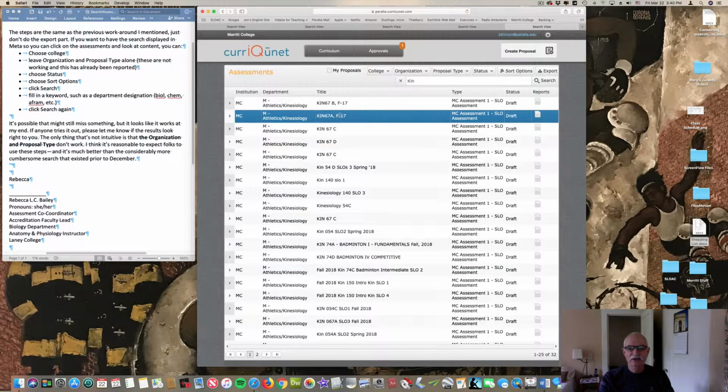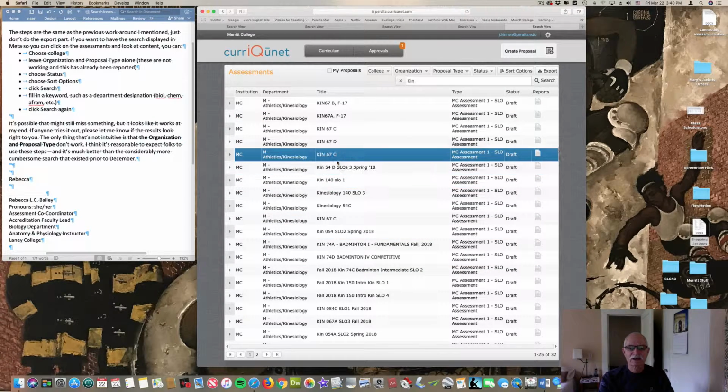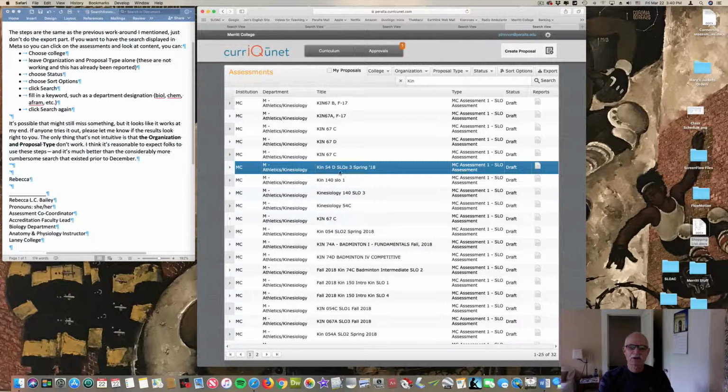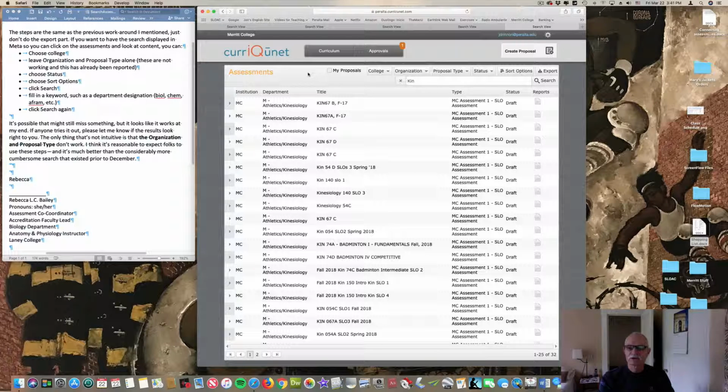And if these titles aren't done correctly, they aren't filled out properly, it needs to have the course number, the SLO that's done, the semester that's done, and ideally your last name at the end. So the course titles are critical for us to be able to have this cross-campus dialogue or department dialogue that is so important for our accreditation and for our utilizing assessments in a way that really makes the most of them. So this gives you a good idea for how to search CurriQunet for assessments by discipline,